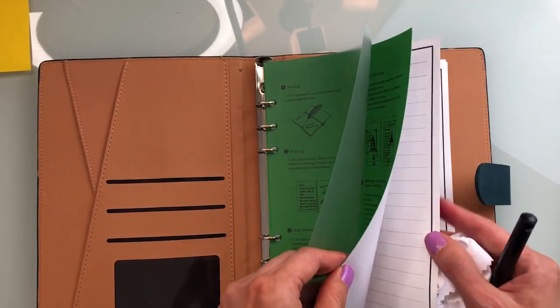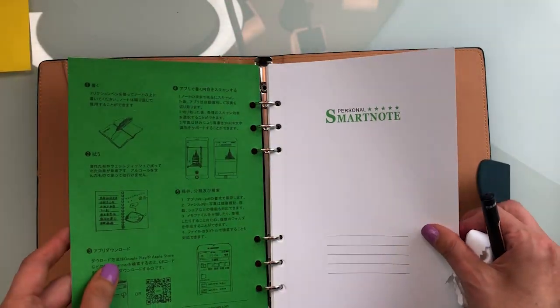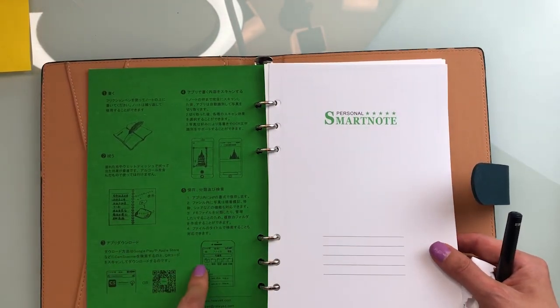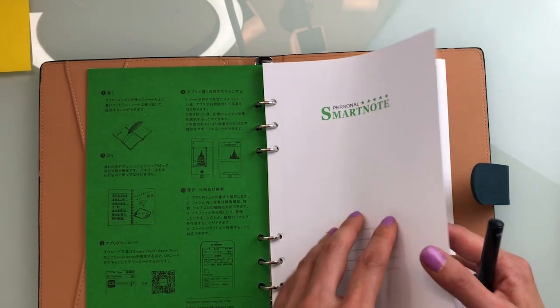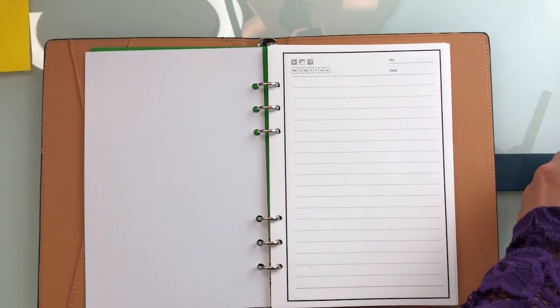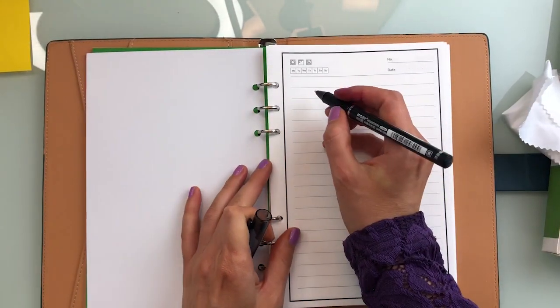There's a little vellum plastic sheet over here. And then there's some obviously information you can write about yourself, and just in case you can read kanji, I guess it is over here on the back. So let's go ahead and test this thing out. I'm going to write something,